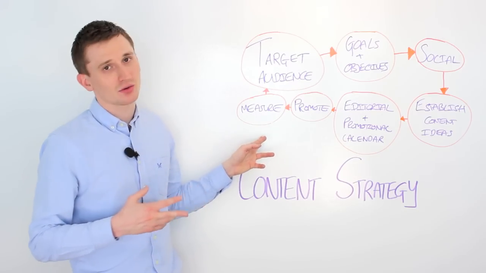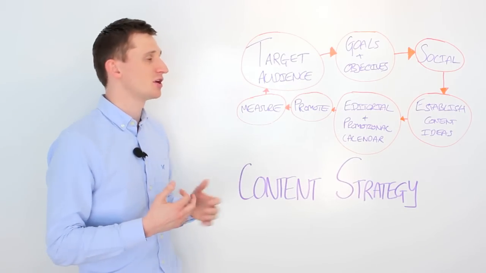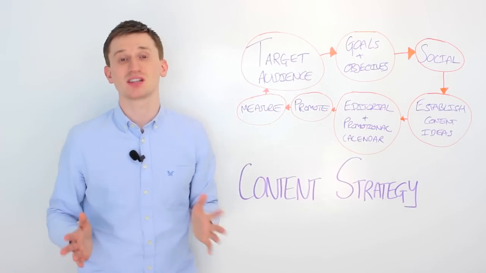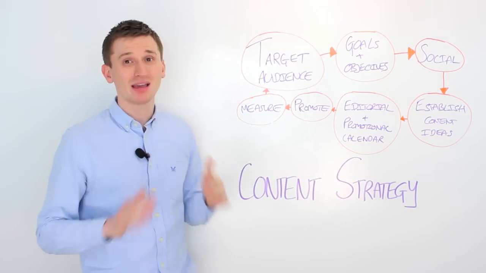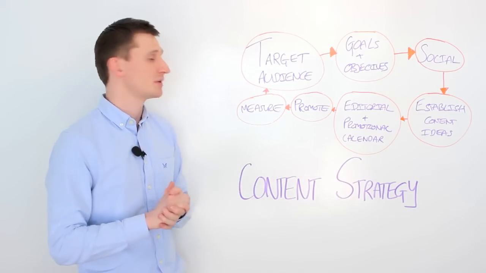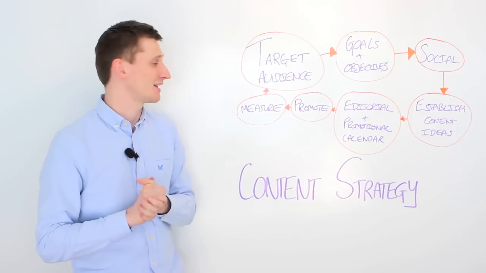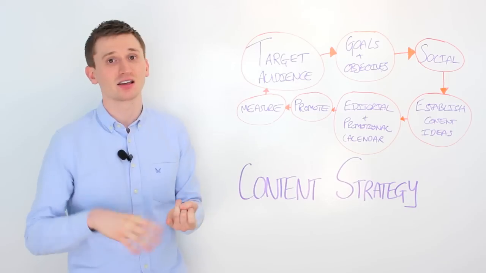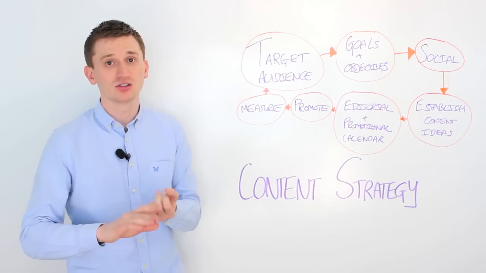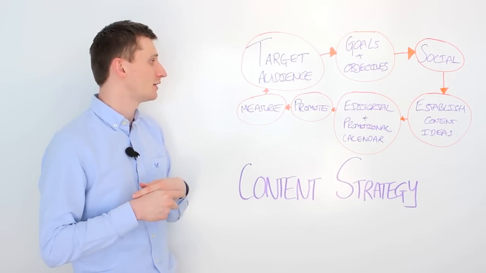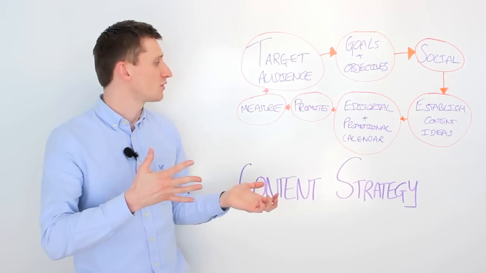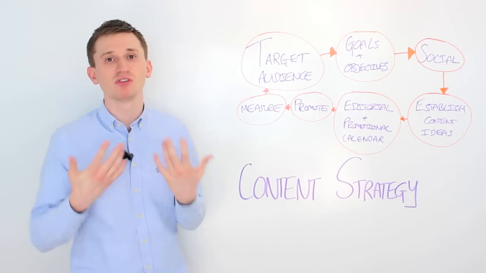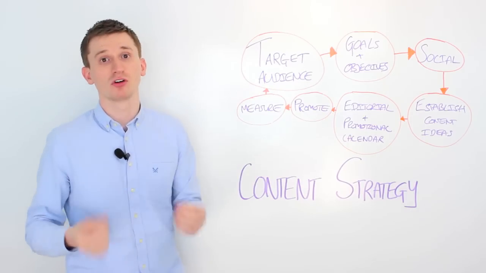And then finally, it goes without saying that whenever you create content, you want to measure it. And the way that you measure your content is really relevant to the goals and objectives that you set out in the first place. But at a very standard level, you want to be setting up Google Analytics, a tracking code, and you want to be setting up goals within there. You want to be looking at key things like, where's your traffic coming from? The age, the location. You want to be looking at the number of visits, where those visits are going after they've landed on your content. And again, this provides you with a richer insight into the effectiveness of your own content.